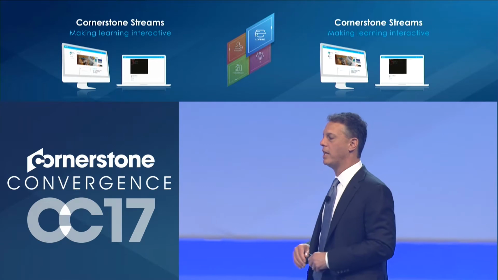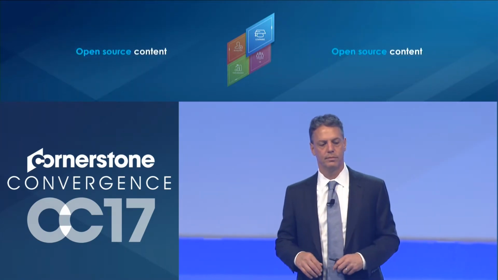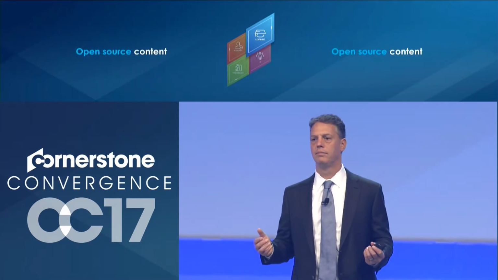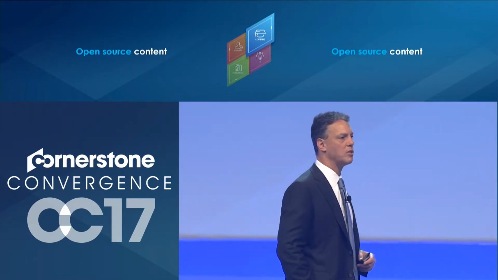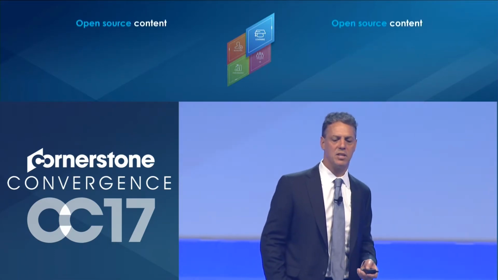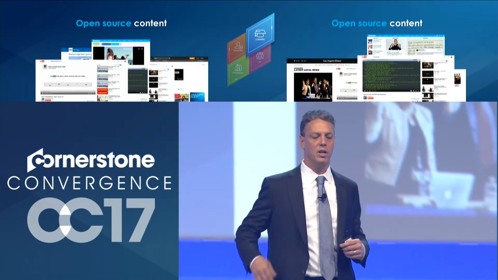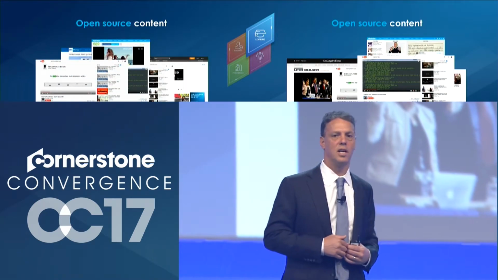We also want to deal with open source content. And there is a tremendous amount of open source content. It comes from many places. There are many different types of open source content.